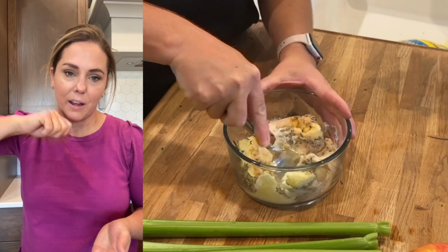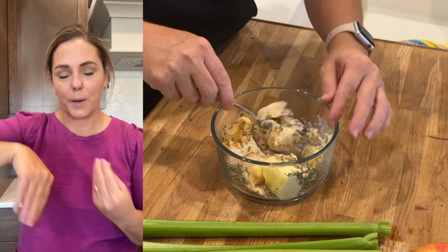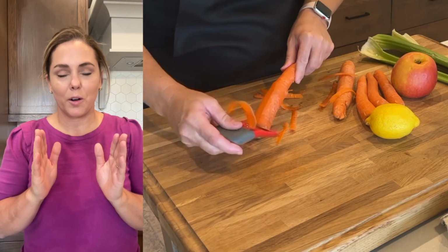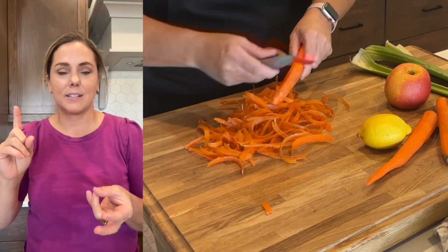And you can just use the back of a spoon and kind of mash and cream this together, and you just want it to all be combined without any chunks of any seasoning, so it all gets the flavors all over. Next, I'm going to prep my vegetables for my turkey, and I like to add carrots and onions, and